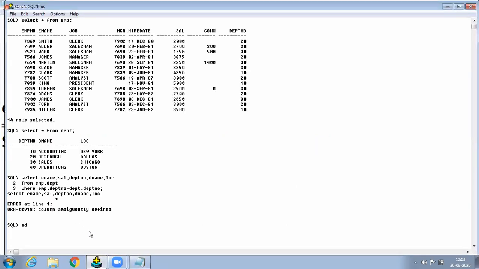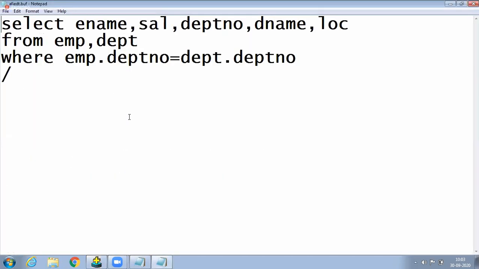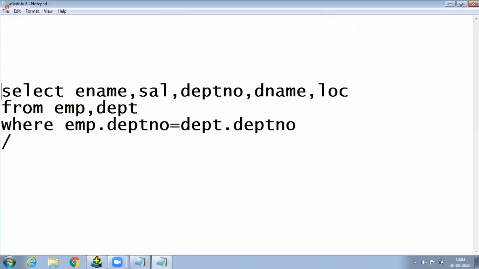To overcome this problem, there is a simple technique. Anybody guess how we resolve this problem? It is simple. Where the problem occurs, we are trying to display a common column, which causes the ambiguity error. Just remove the common column, and then automatically the join works. Simple. Suppose in a class, anybody doesn't understand my class, how do you resolve the problem? Simply you sleep, and the problem is solved, or not? Same here also, the common column is the problem, so I just remove that common column, and then automatically this join works.